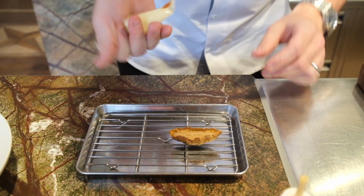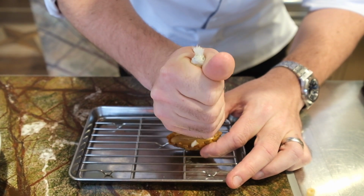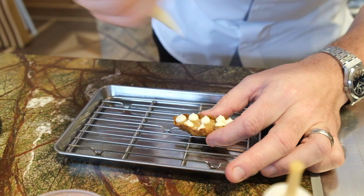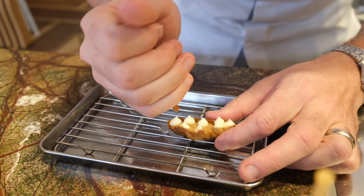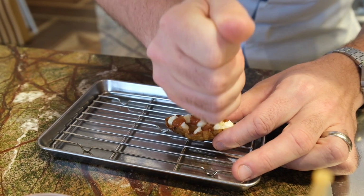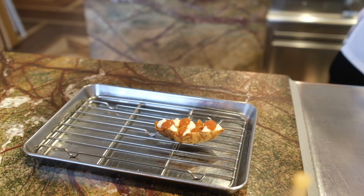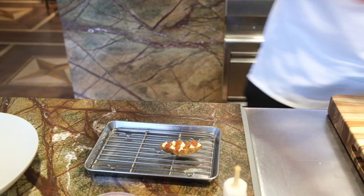Then we have mountain cheese cream. A few dots of that. And apple jam, which is seasoned with stone pine. Whoop. Tweezers, please. Stop. And then